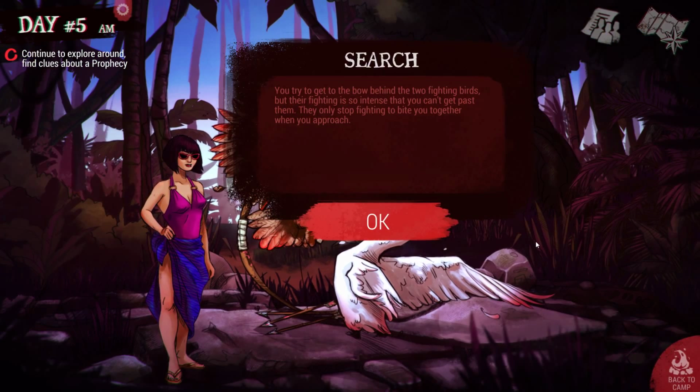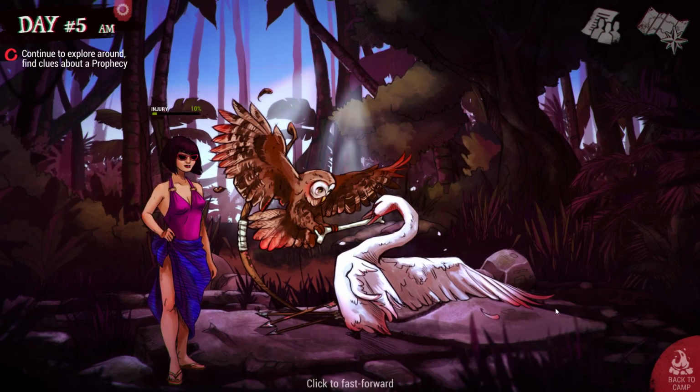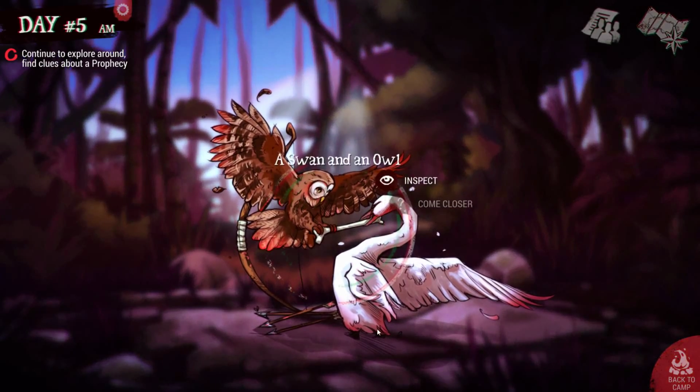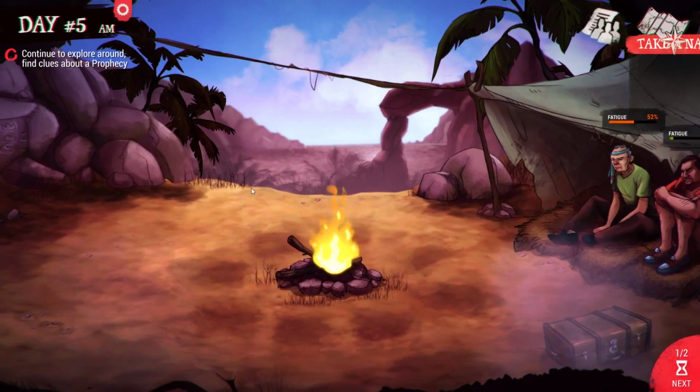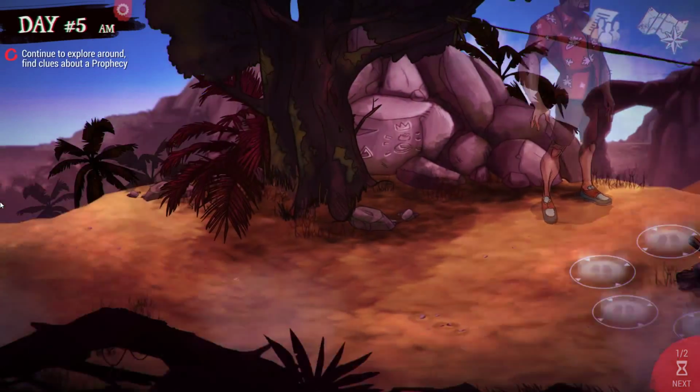You try to get the bow behind the two fighting birds, but their fighting is so intense that you can't get past them. They only stop fighting to bite you together when you approach. Well, that is great. That is absolutely great. We don't have a hunting bow, so we can't actually hunt them down. That would be great if we could actually, but...